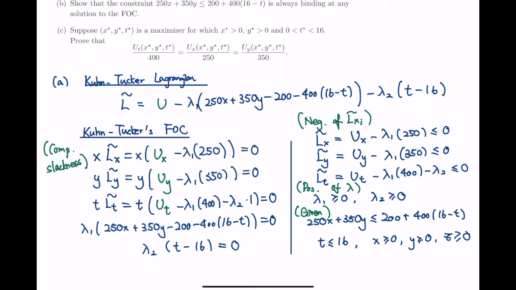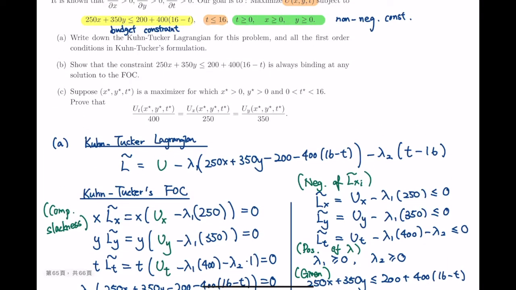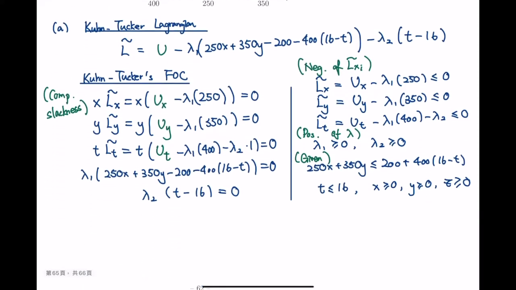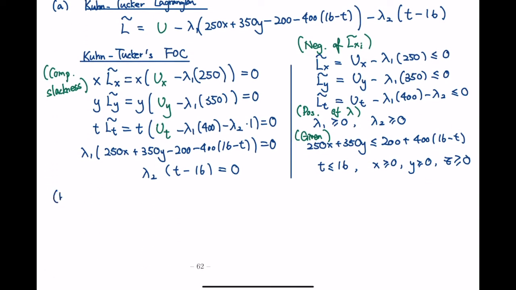Okay, part B. Part B, explain why this constraint is always binding at any solution to the first order condition. So, part B. I want to show that this constraint is always binding. How do I show that? Let us prove it by contradiction. So suppose by contrary,